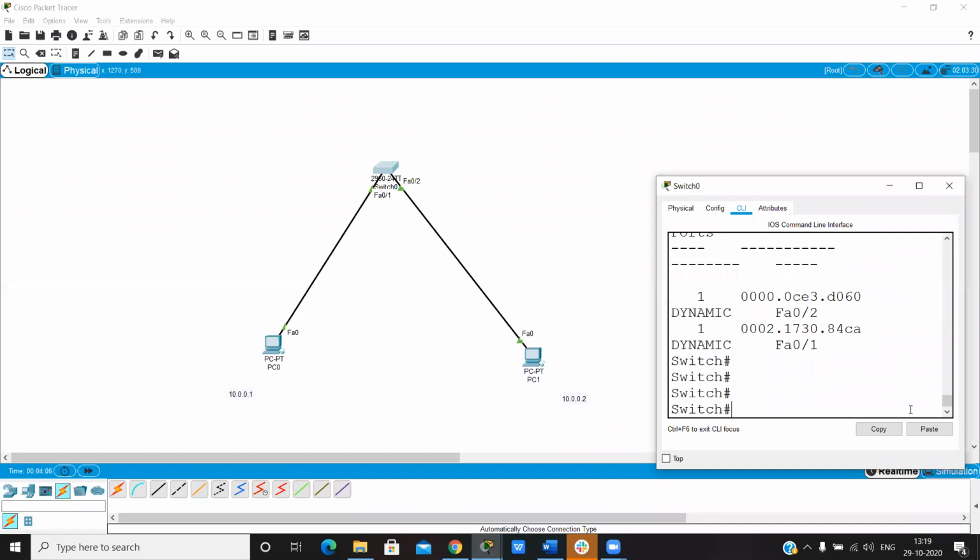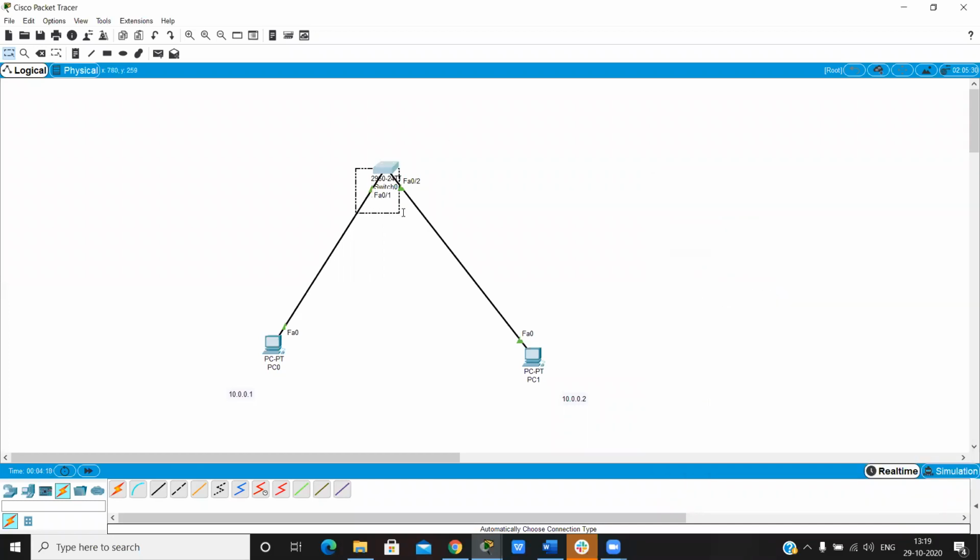So how will we secure this? How do we secure this FastEthernet F0/1? If Bhuvan is not present inside the office, no one can access this port. So for this we use port security.